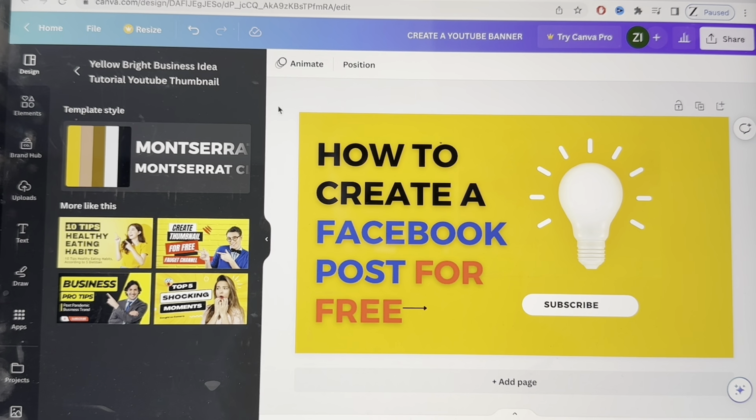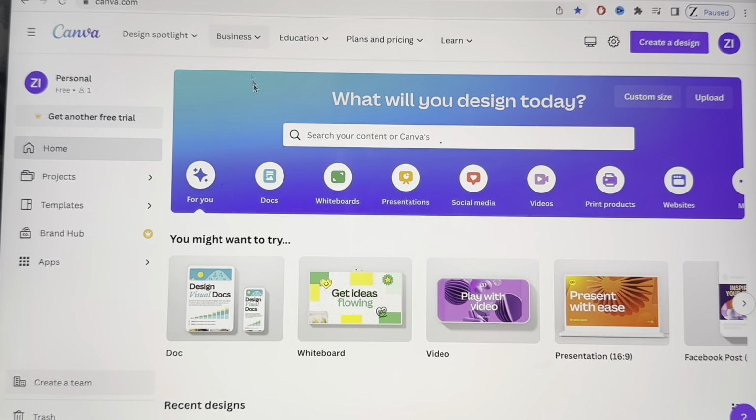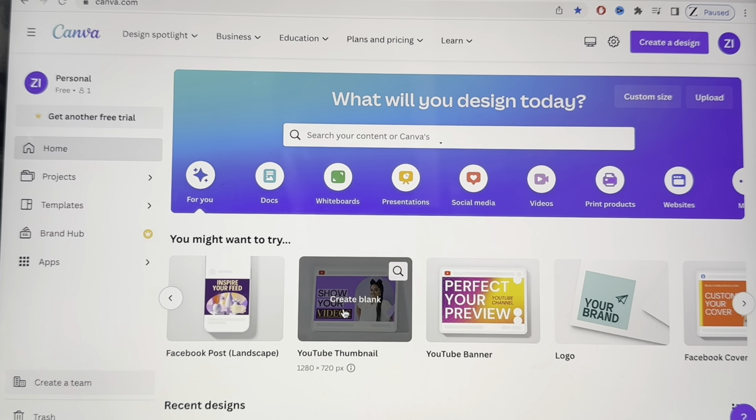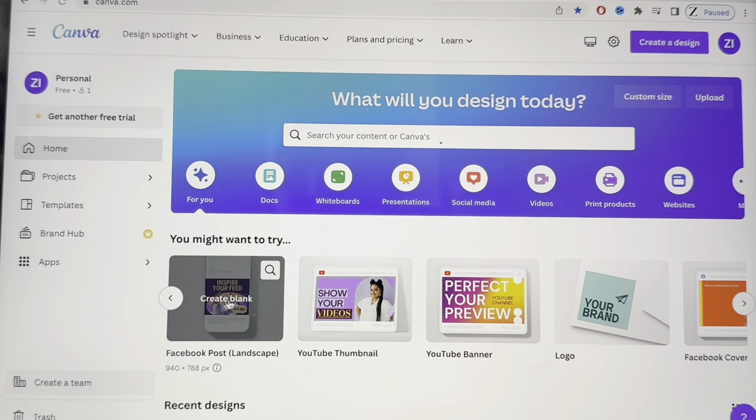So to start creating a Facebook post for free, we need to go into Canva. Once you go into Canva, you just go into the top line and scroll right until you find Facebook post. So we're going to select this one, the landscape one, which is 940 by 788, which is the correct size for a Facebook post. Once we click on this,